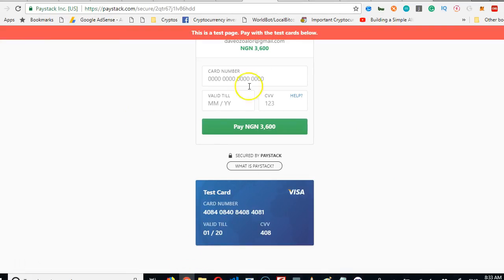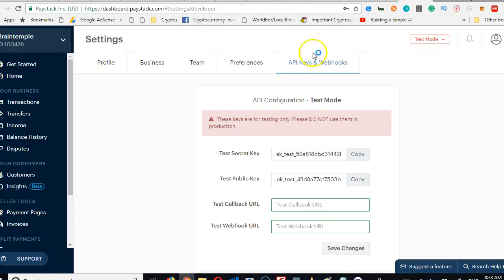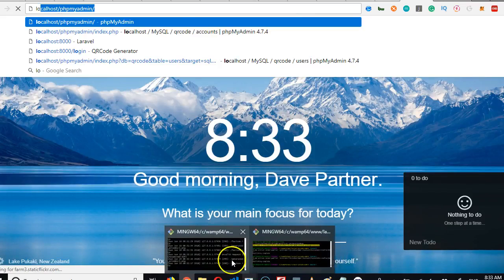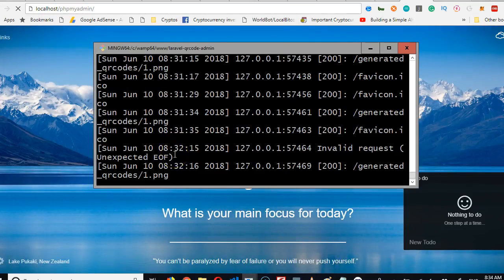But before we proceed with the payment, after payment, where is it going to land? Which page on our site is it going to open after payment? We have to specify it inside our Paystack settings. So here, remember that you're supposed to put your normal URL, but if we open our platform, you see that it runs on localhost, our server. I think I should open the server here. You see that our server runs on localhost